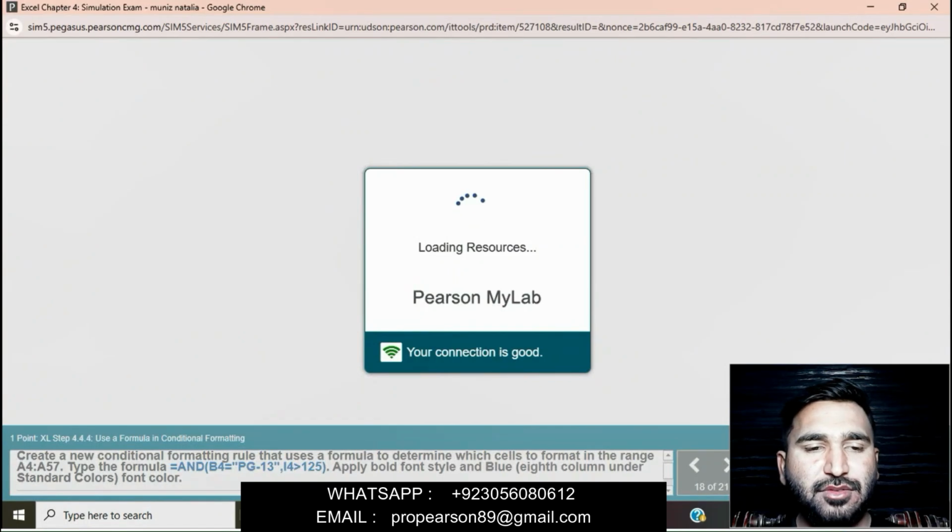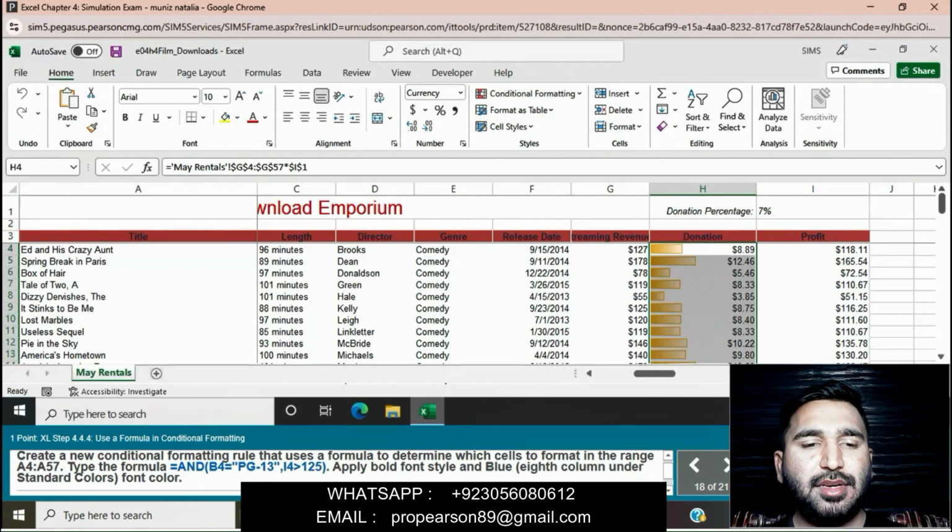Now moving on, next question is to create a new conditional formatting rule that uses a formula to determine which cells to format in the range A4 to A57. The formula is B4 equals PG13 and I4 greater than 125. Apply bold font style and blue color under standard colors as font color. Basically in this question we will create a new conditional formatting rule.